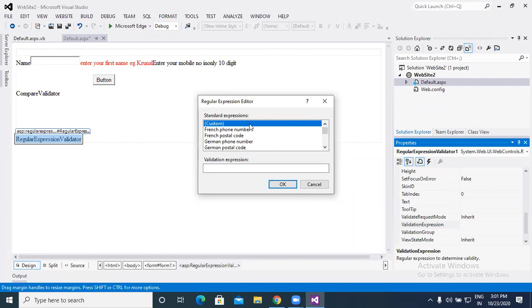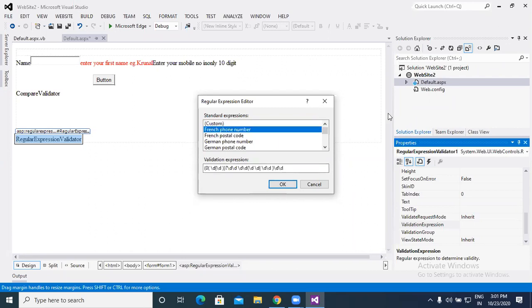If you have to set a regular expression validator for our Bilimora pin code 396360, that is possible with the help of custom, and your code will come from Google. If you wish to find a code, you can find it from Google and add it here.